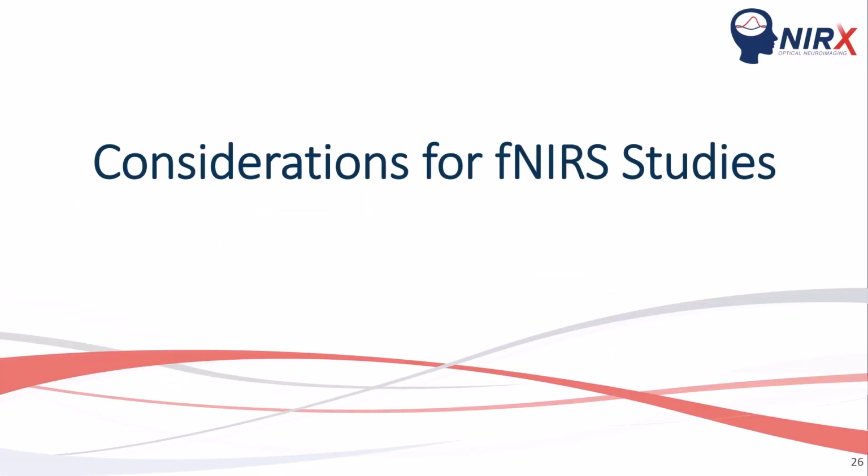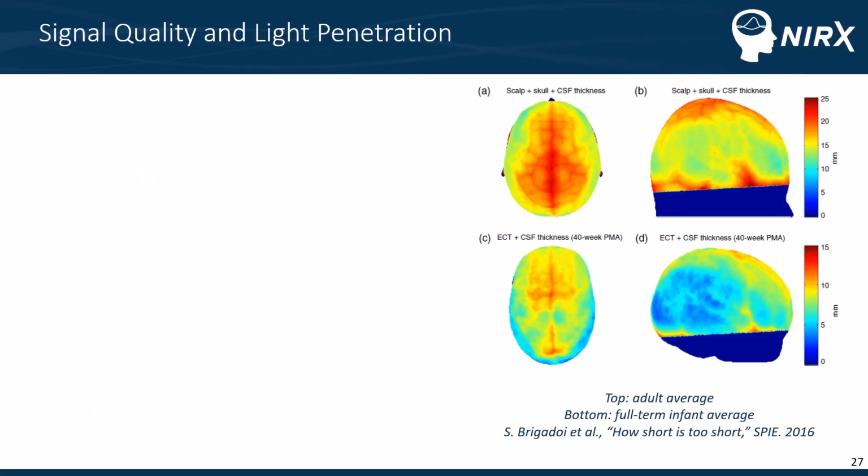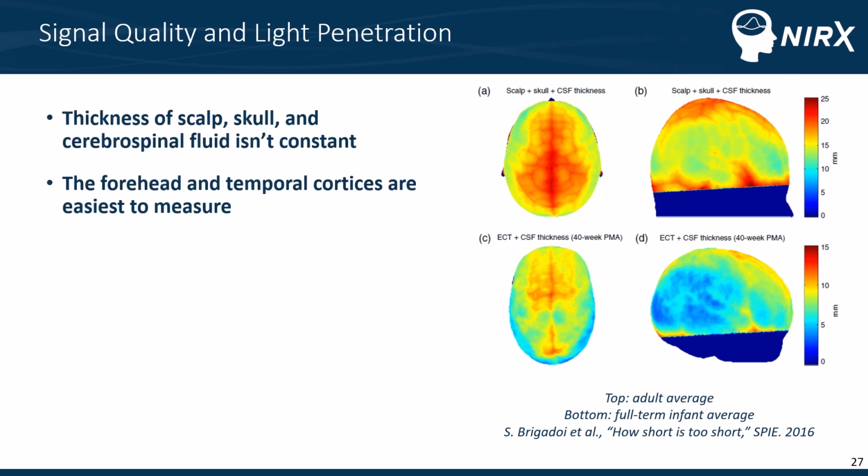Okay, considerations for fNIRS studies. Signal quality and light penetration. So we talked about signal to noise ratio, SNR, a little bit before, but to hammer down that point a little bit further. The thickness of scalp, skull, and cerebral spinal fluid is not constant throughout the head, and it's not constant throughout development. So over here on the right, we've got images of fMRI scans,